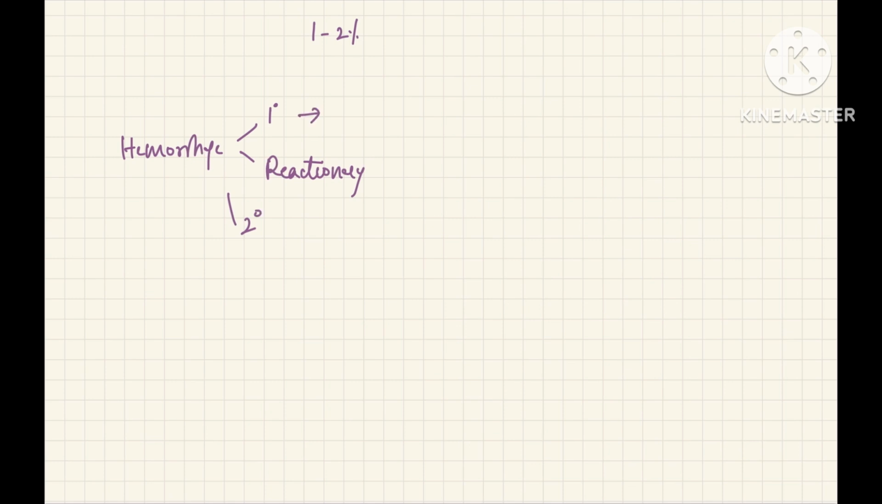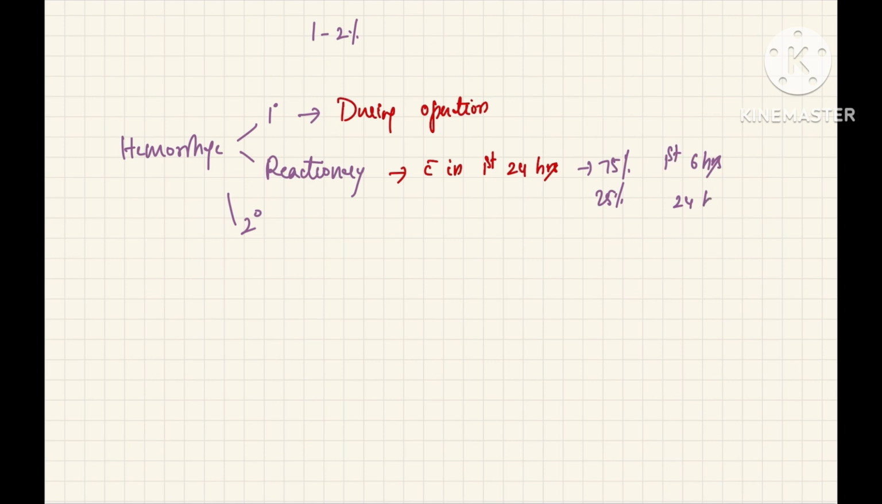We call it primary when the bleeding or hemorrhage occurs during the operation, and we call it reactionary when it occurs within first 24 hours. Out of all the cases of reactionary hemorrhage, 75% occur in the first 6 hours and remaining 25% occur in the next 24 hours. We call it secondary when the bleeding occurs more than 24 hours and within 10 to 14 days. This secondary hemorrhage can be due to infection of tonsillar fossa